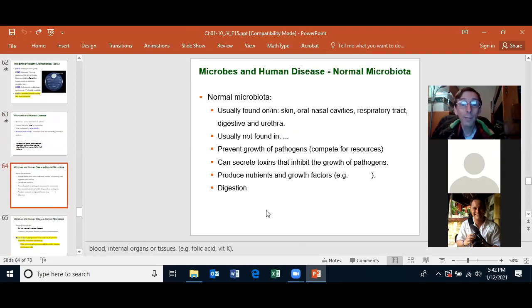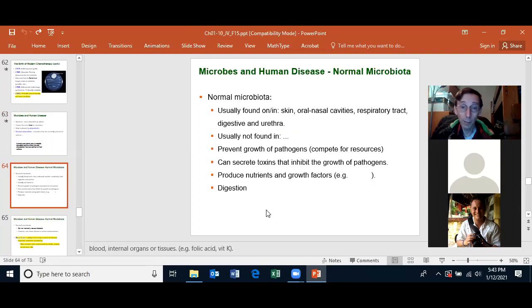The normal microbiota are usually found on the skin, in the oral and nasal cavities, the respiratory tract, the digestive tract, and the urethra. They are not normally found internal to the body, like in the blood,